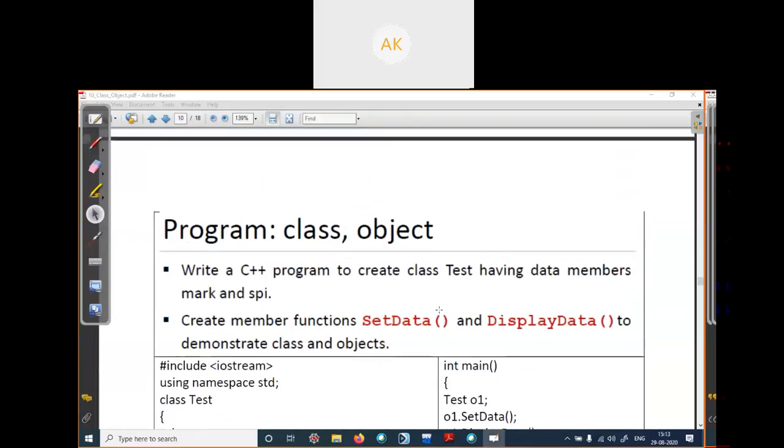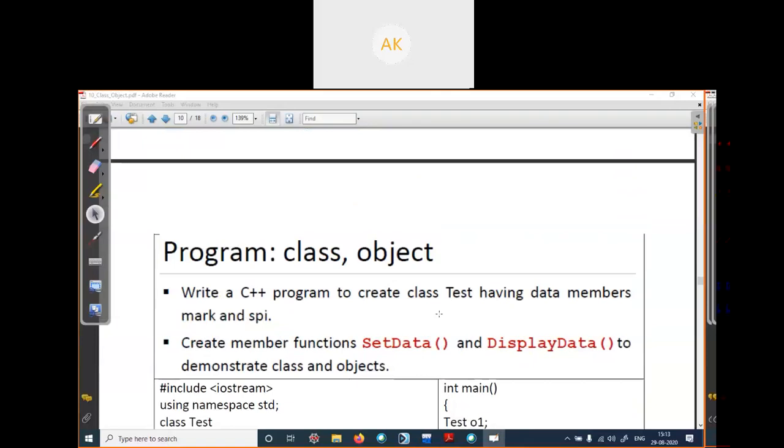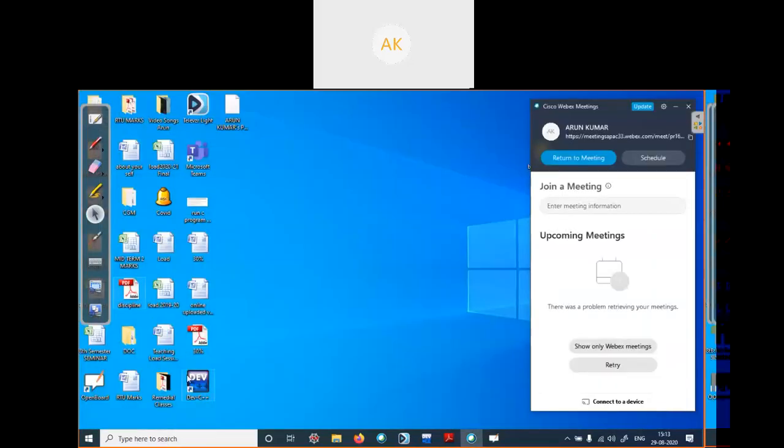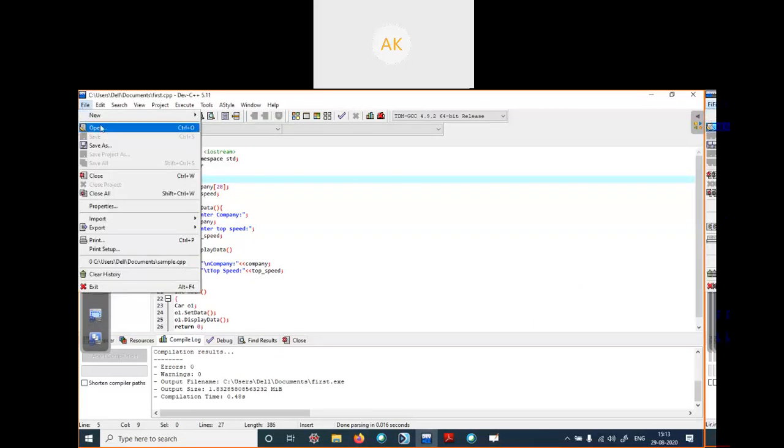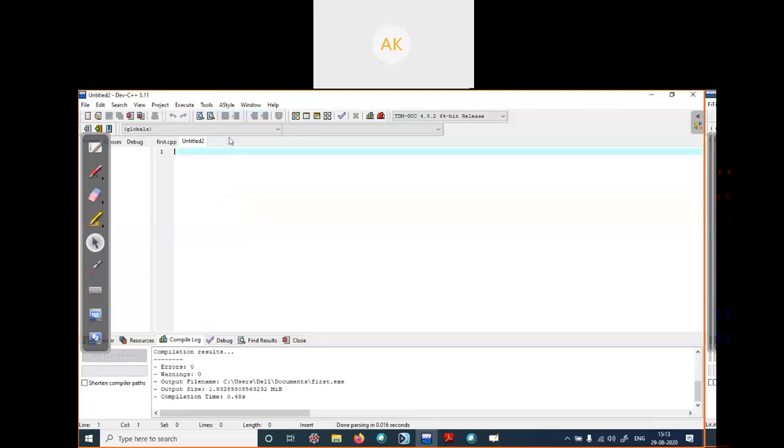So let us write a simple program in C++, just using another application, Dev C++. Is the screen visible to all of you?